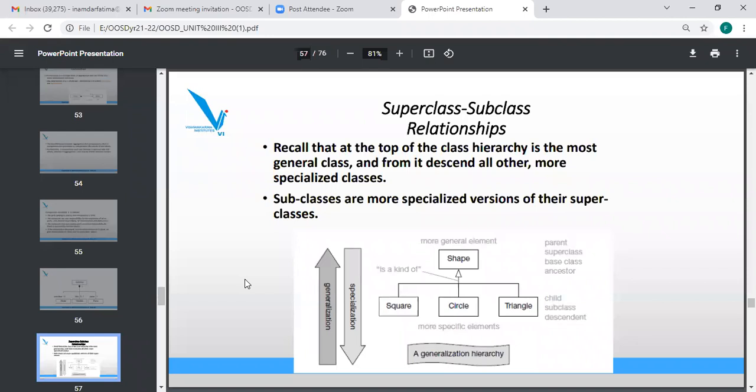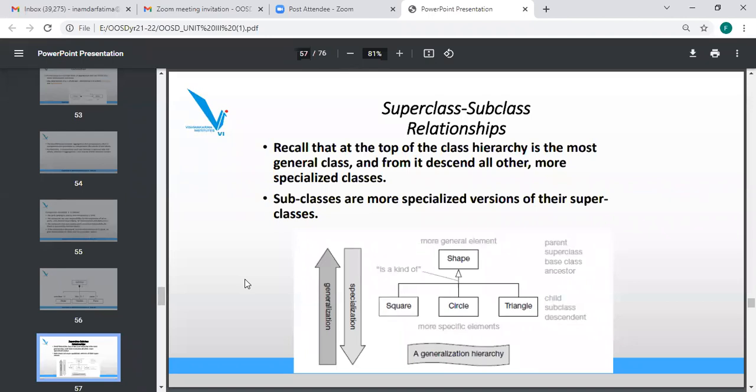Here I have mentioned something used for specification in a generalization hierarchy, and we understand how generalization works with the help of this diagram. Shape is a superclass, considered a parent class or base class, and it has an is-a-kind-of relationship with its subclasses.